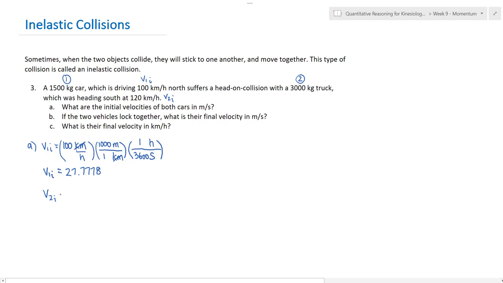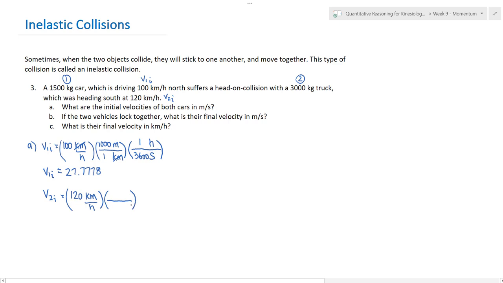So V2 initial was 120 kilometers per hour. Notice I'm putting the hours in the denominator. I'm making it very clear. Rather than using a slash, I'm using this horizontal line to show that it's in the denominator. I'm going to change kilometers per hour to meters per second in the same fashion that I did with V1